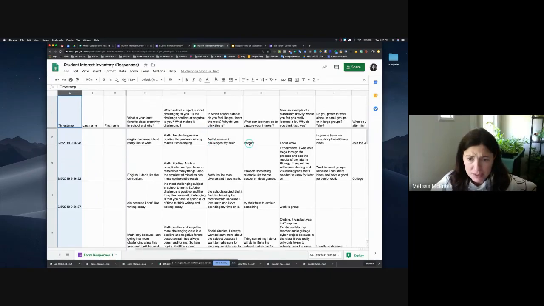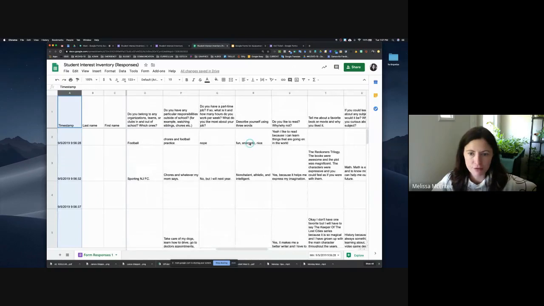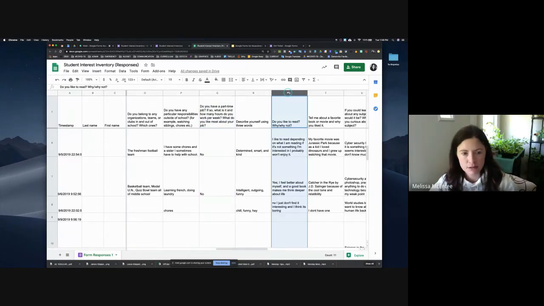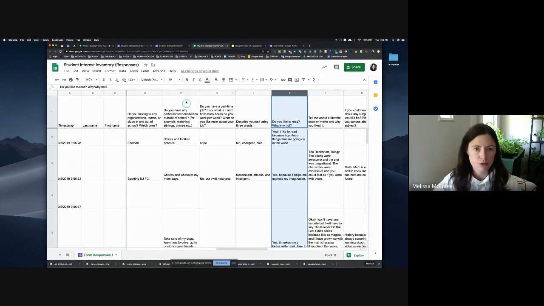So it was kind of long, but now I can focus on a single answer. I can look at the responses for each individual student from left to right, or I can look at a particular question class-wide and just look from top to bottom to see what their answers were. So those are two really great uses of